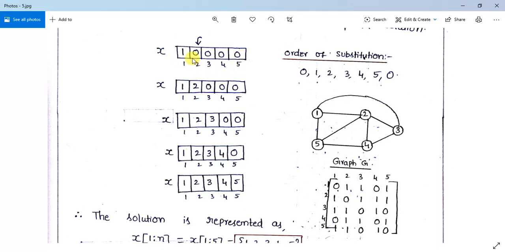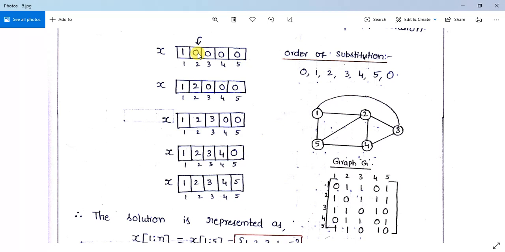Here, for each and every box I need to check the values for the substitution like this: 1, 2, 3, 4, 5 and again 0. After 5 again I have to repeat with 0, 1, 2, 3 like that. This is very important, please note this down. So I need to check for each and every box which vertex is more suitable, such that the vertex satisfies the above said conditions.